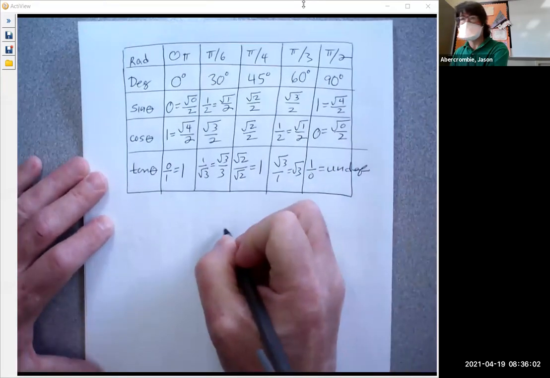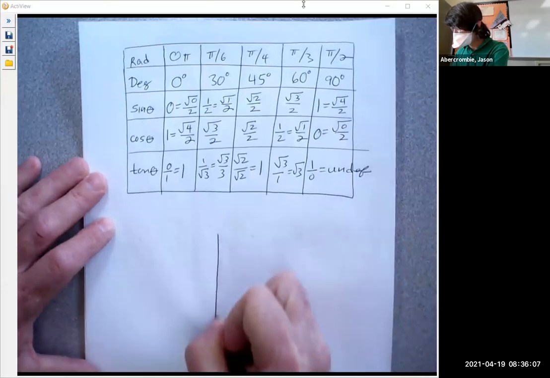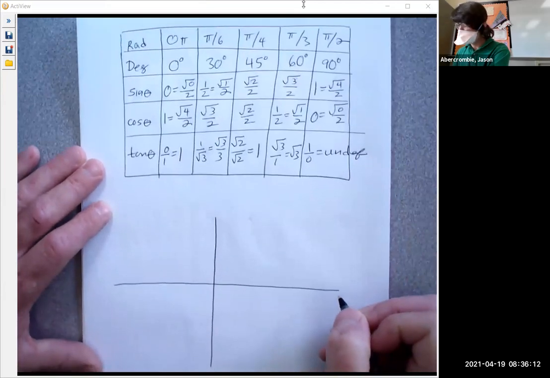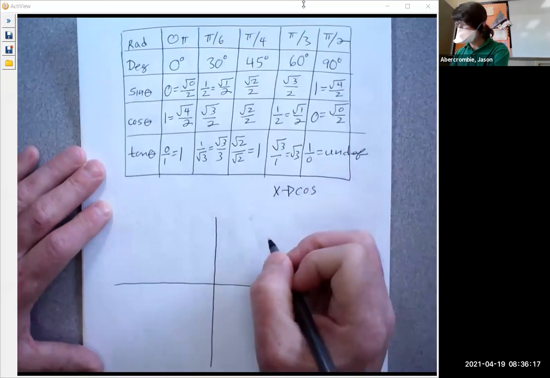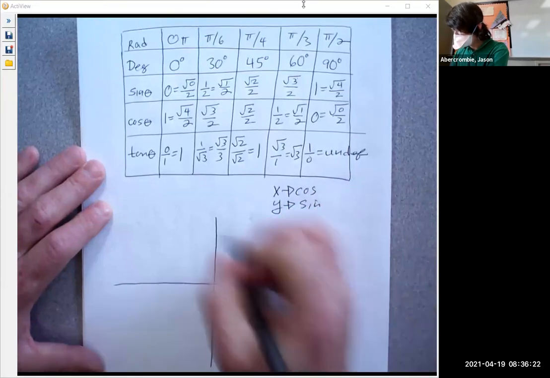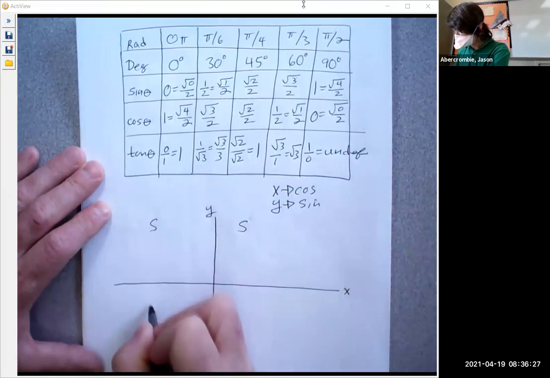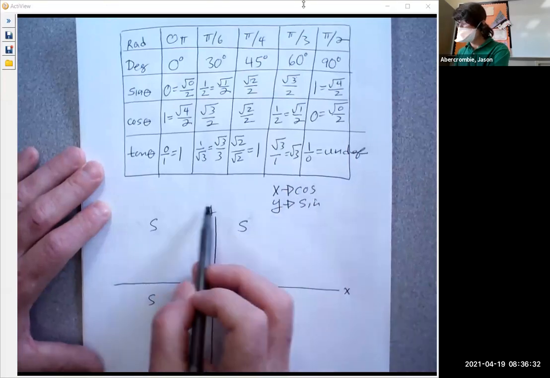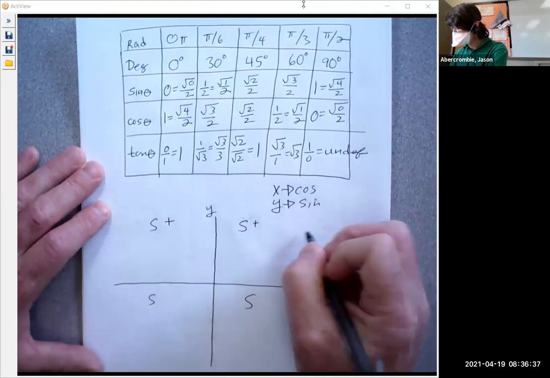And also for this section, we're going to need to remember my sign chart of what quadrant has what sign for sine, cosine, and tangent. So all you have to remember for this is the x and the cosine travel together, and the y and the sine travel together. Here's my x, here's my y. So for starters, if sine goes with the y and y up here is positive, then sine in the first two quadrants is positive. That's 1,